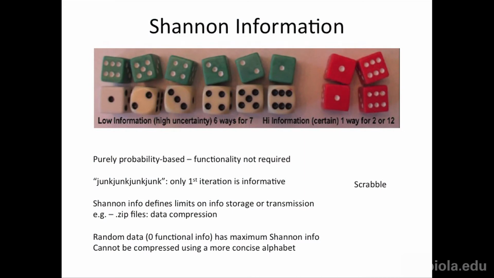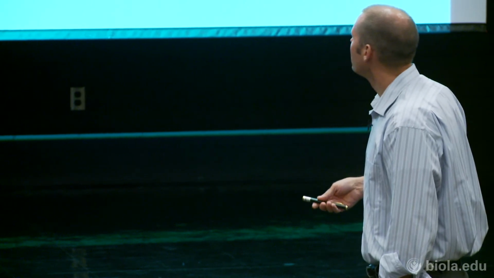Here's Shannon information. If you took some dice and rolled the dice, there's Shannon information there, right? The dice have rolled onto a certain side, and they've excluded any other side from being the one exposed. Shannon information is purely probability-based. There's no functionality required. I don't have to have any agreed upon thing that these dice are doing. I'm just saying there's a sequence of dice. That's Shannon information at its lowest form, okay?